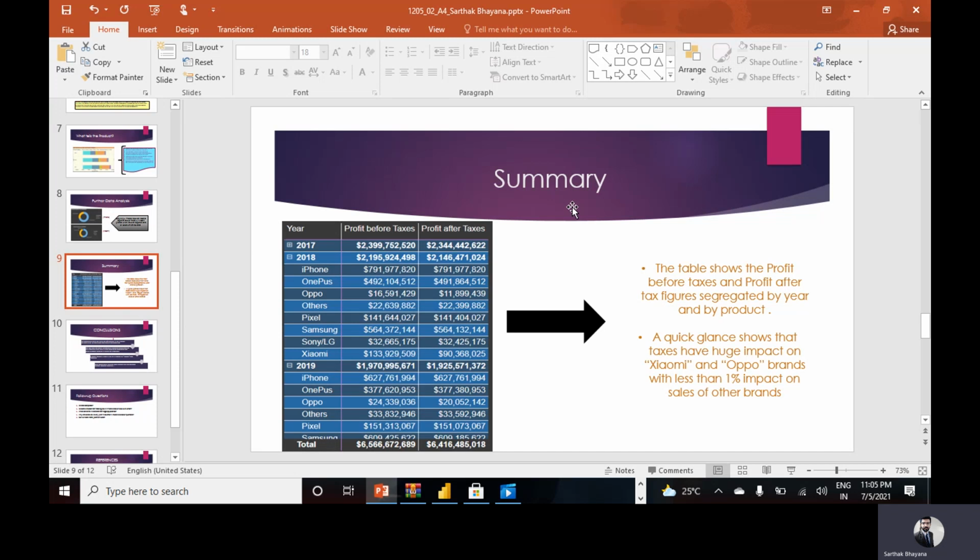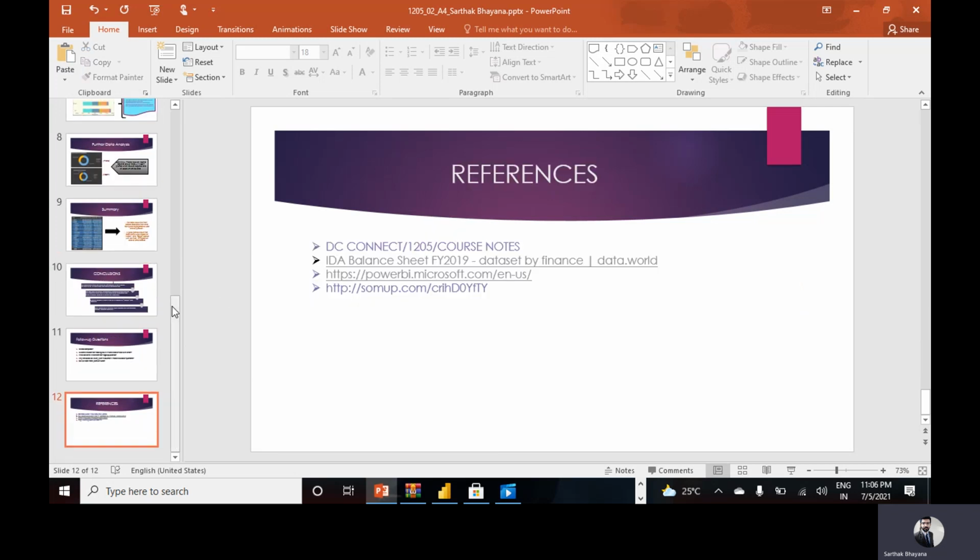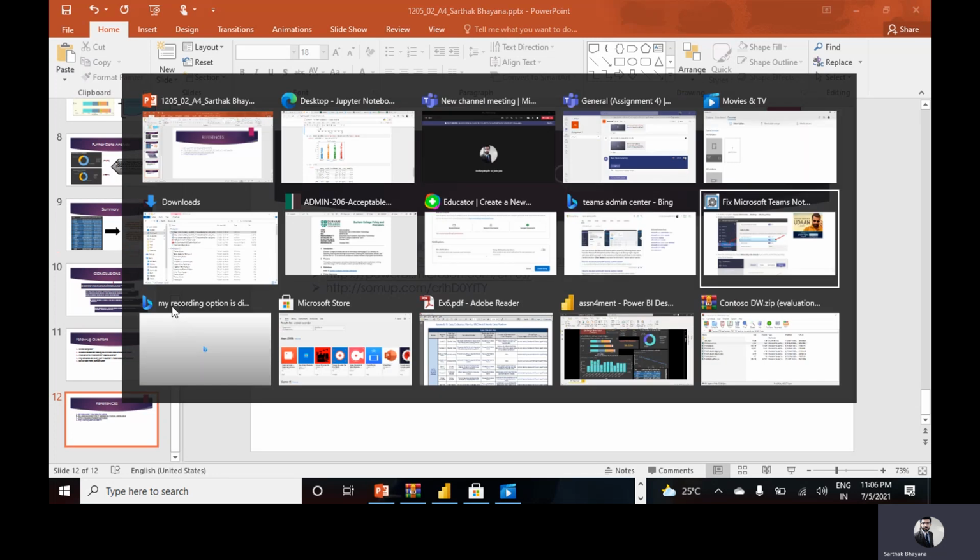Moving on further, on the summarized sales basis, we are trying to analyze the impact of taxes on the profit. So I've summarized into profit before taxes and after taxes on the parameters of brand and the aggregate value over the year, where we are seeing that taxes have less than 1% impact on all the brands except Xiaomi and Oppo. So moving on further to the Power BI presentation,